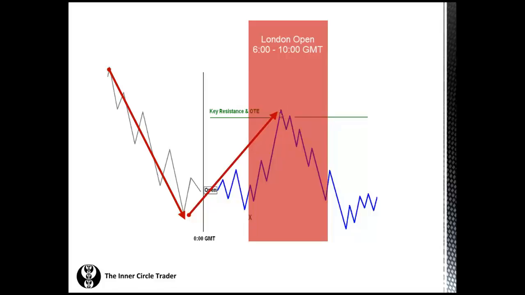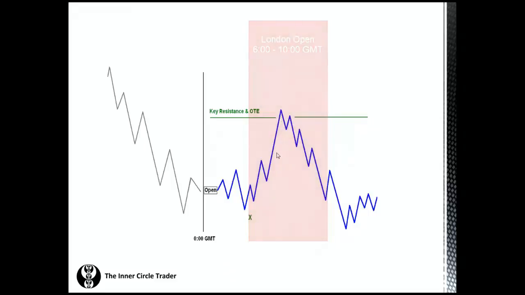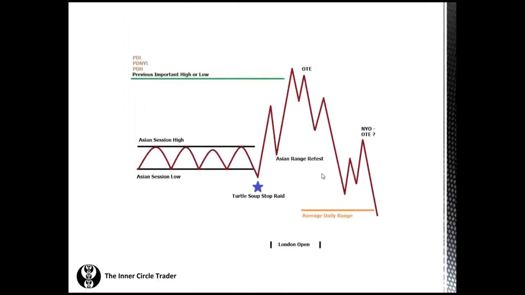Once you see this higher time frame resistance level, much in the same capacity we used for the buy scenario, the same rules apply here for the sell. You would look for the London Open kill zone in here, 2 o'clock in the morning, 3 o'clock, 4 o'clock in the morning New York time, or 6 to 8 or 6 to 9 GMT. That window of opportunity for the London Open, that's the kill zone. You would look to see this actual high form, and many times this will be the actual high of the day,